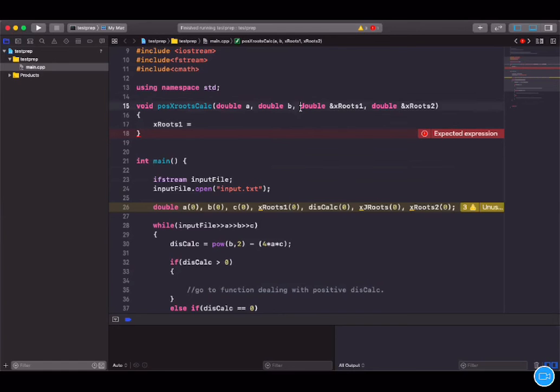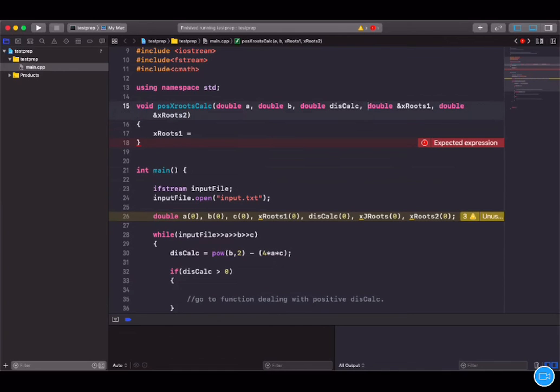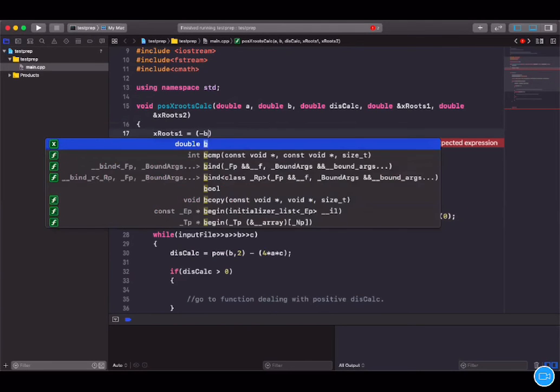Yeah, wait. I also need to put in another double, which will be the discriminant calculation. Cool. I hope you're not lost. Cool. So x roots, I'm now gonna read straight. I'm gonna use brackets because I'm doing a division within this calculation. So it's minus b, which I'm bringing in over here, right? Plus,